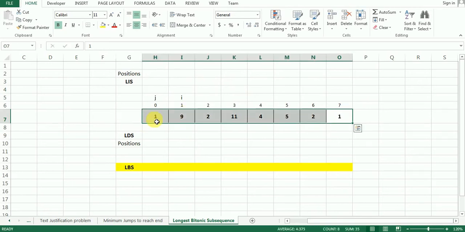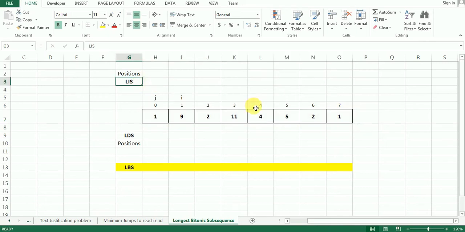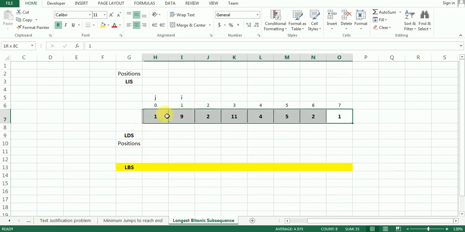Okay, so when we find the longest increasing subsequence from left to right, it will be denoted by LIS, and when we find the longest decreasing subsequence from right to left, it is going to be known as longest decreasing subsequence, and it will be denoted by LDS.